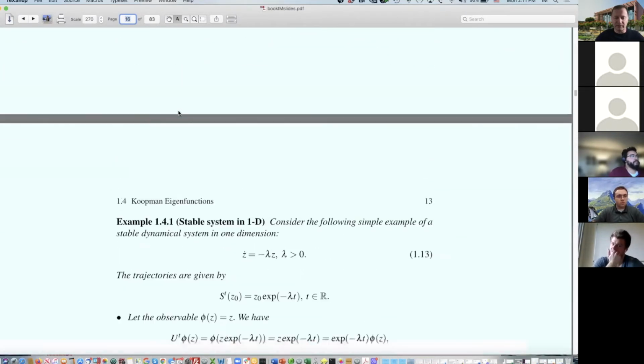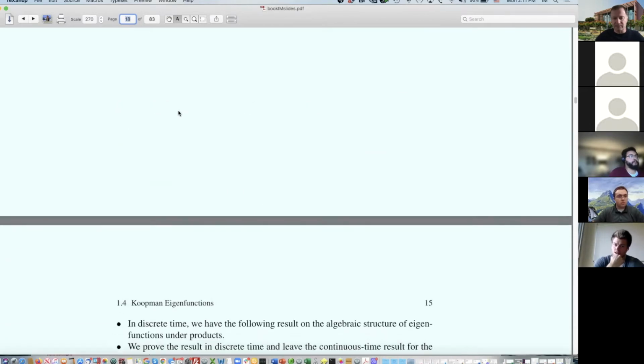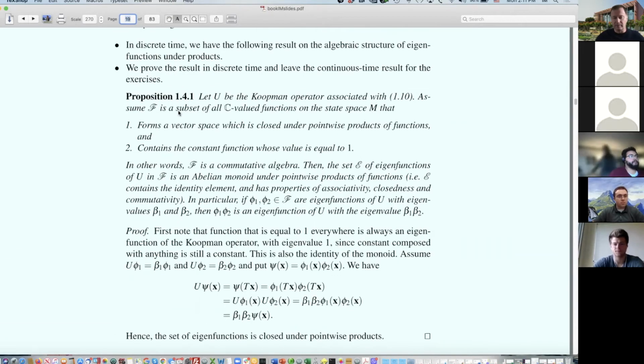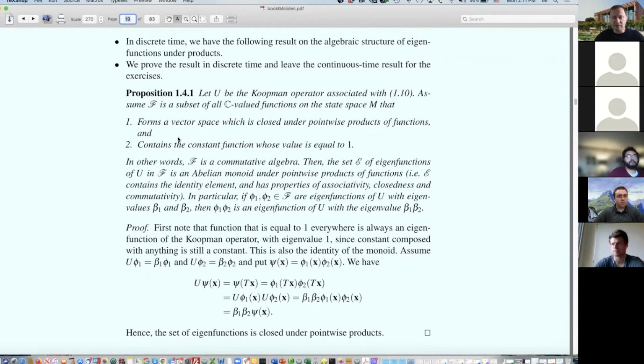We spoke quite a bit about aspects of eigenfunctions of the Koopman operator, and it is kind of a typical result that we were talking about. If U is a Koopman operator, then we assume that F is a subset of all C-valued functions on the state space M that forms a vector space, which is also closed under pointwise products of functions and contains this constant function that's always